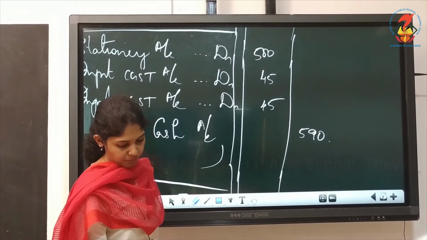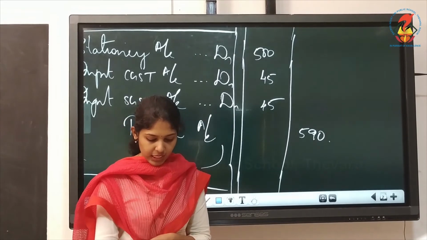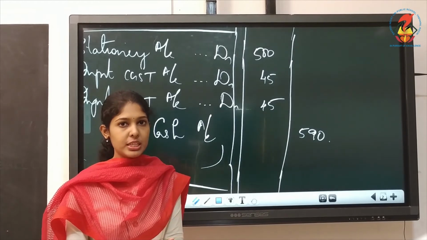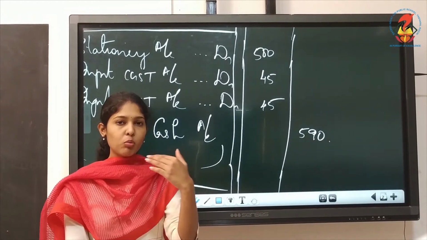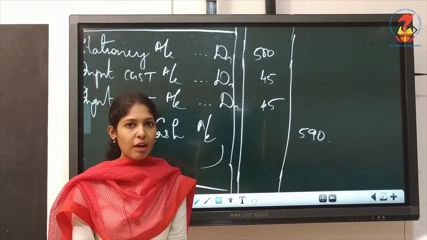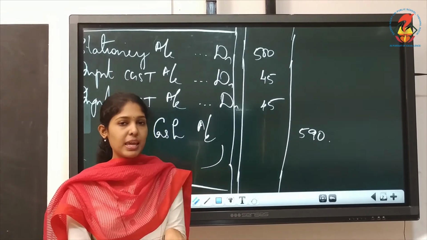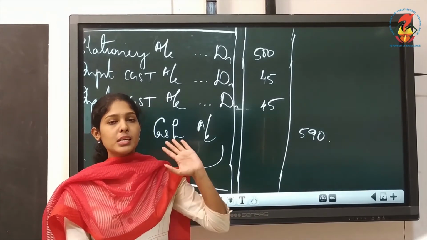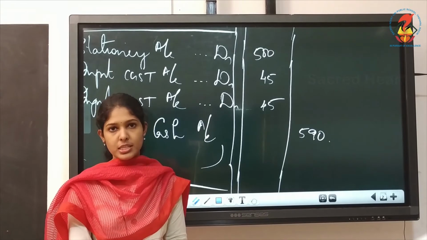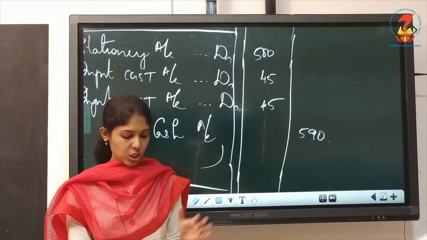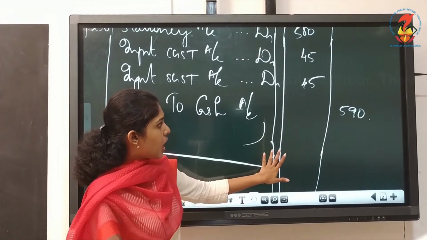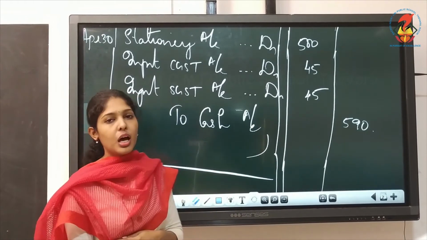Then the last one, wages and salary paid, and specifically they have mentioned GST is not levied. So normally on wages and salary they will not be charging GST. So for this journal entry you have to write the basic entry, that is wages and salary account debtor to cash account. Are we paying by cash? Yes. So wages and salary account debtor to cash account. The date is again on April 30th. So that is how you have to write the entries for this question.